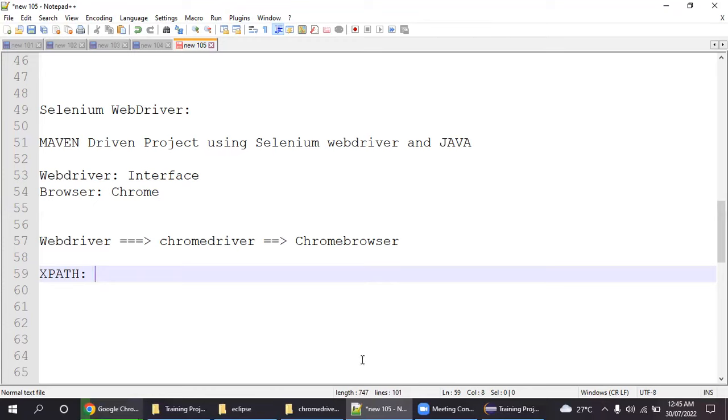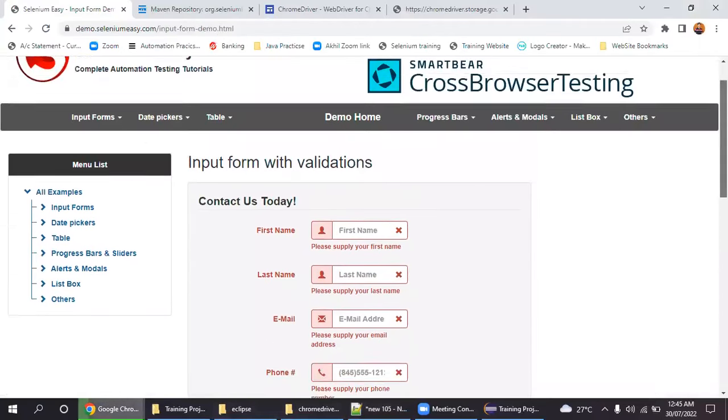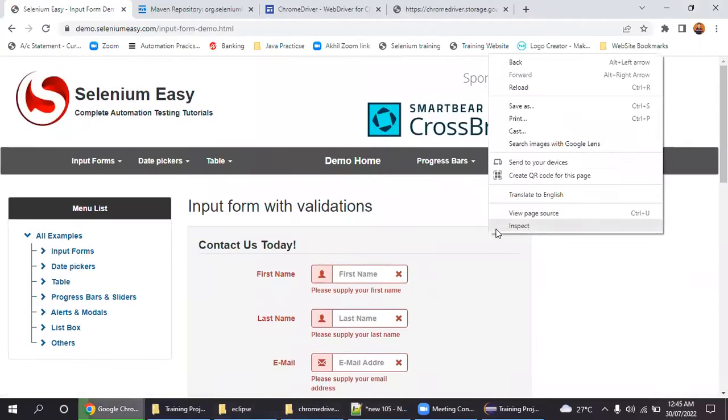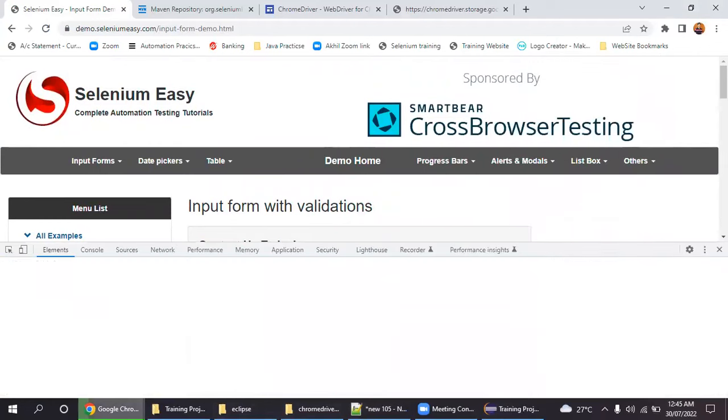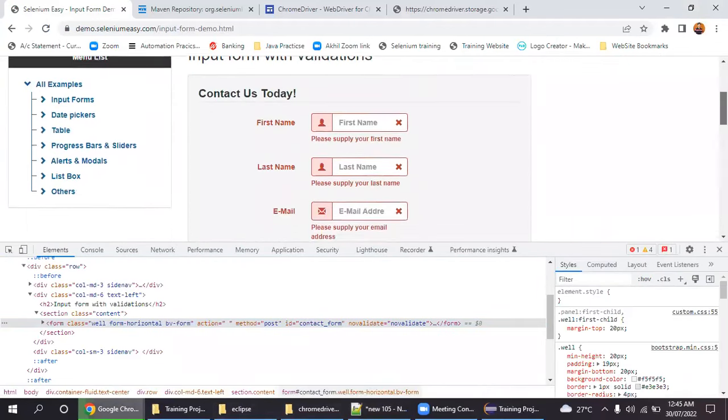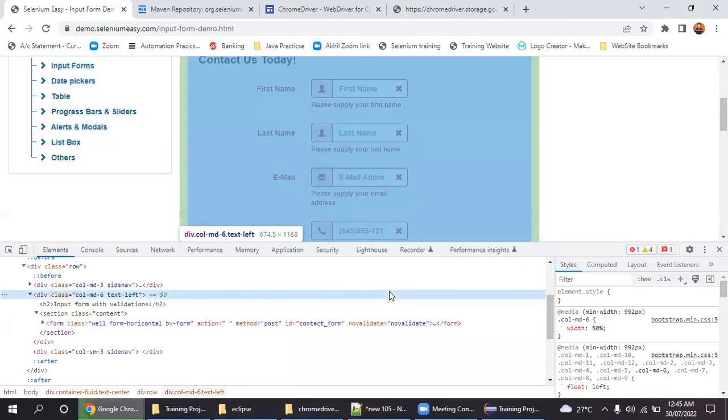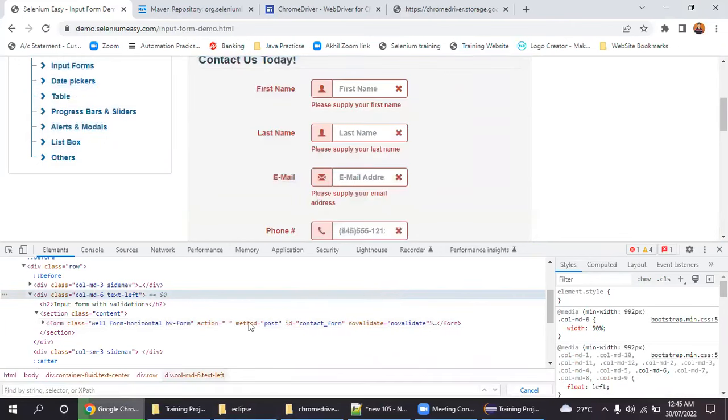Let's jump on to the website and see how we can create XPath. Simply, what we will do is right click and inspect on the website. Then press Control plus F and you will get a search bar where you can validate and write the XPath. So how will I create the XPath? Just